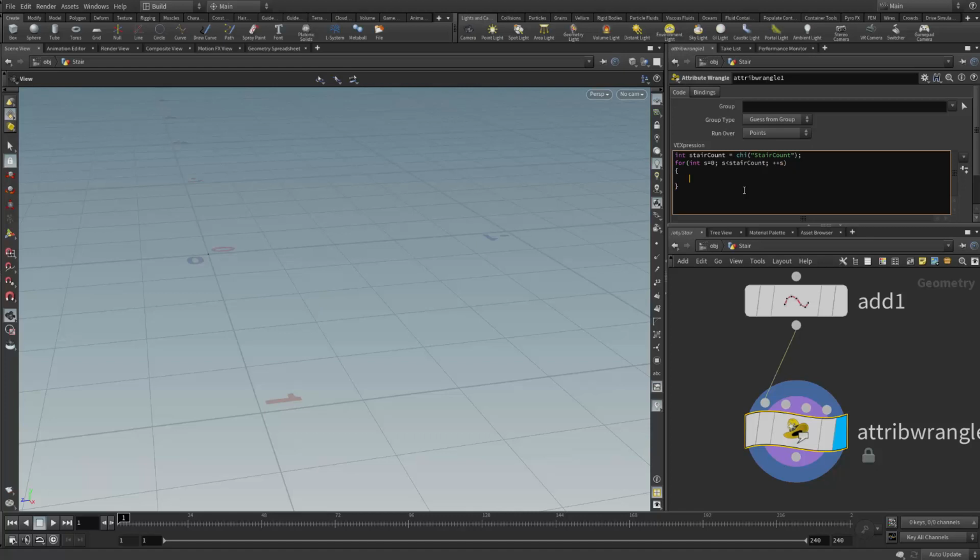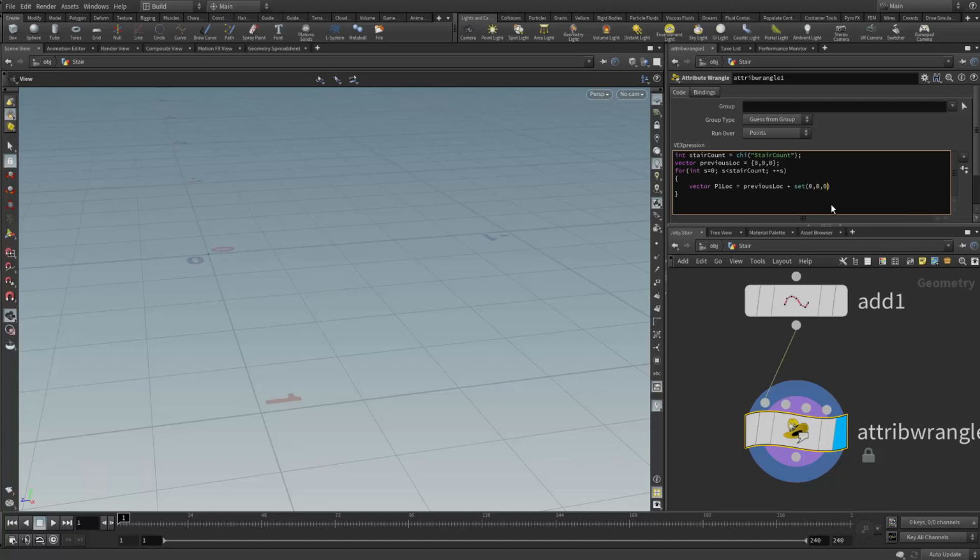Then we add 2 points. So we can say vector, oh yeah, we just need to know the previous point location. Previous location will be equal to 0, 0, 0 for the first point. Then we just keep adding new ones and updating the previous location. So vector point 1 location, we add 2 points. Point 1 location will be previous point location plus a vector